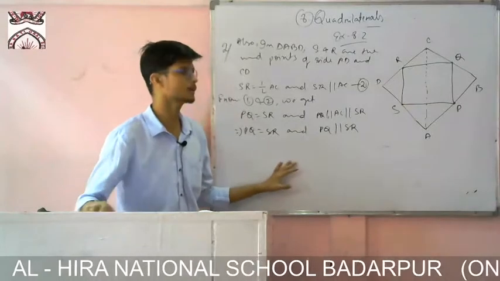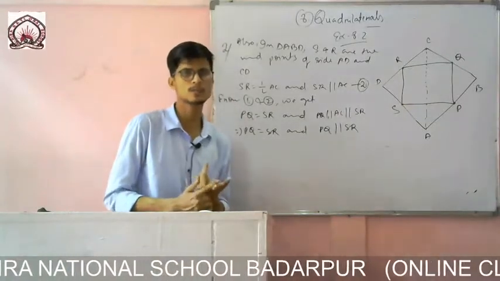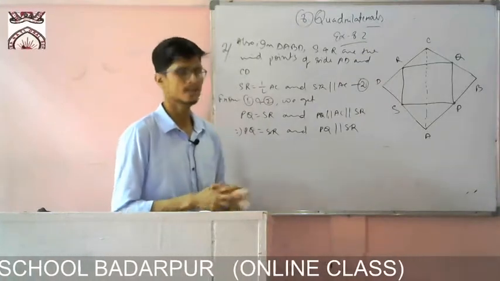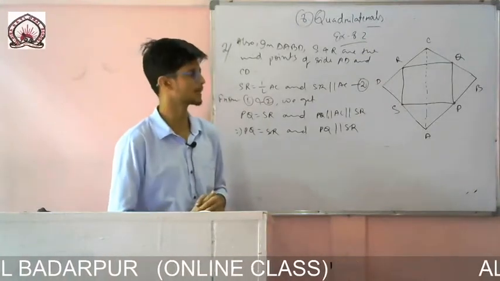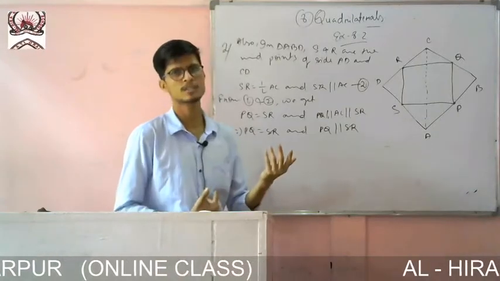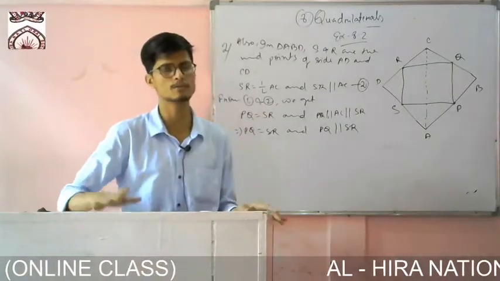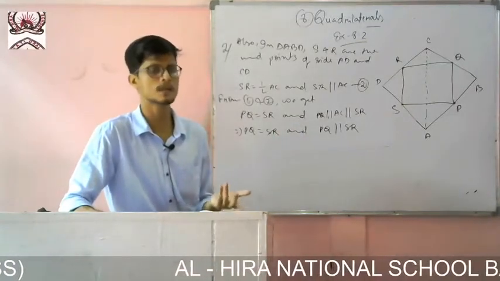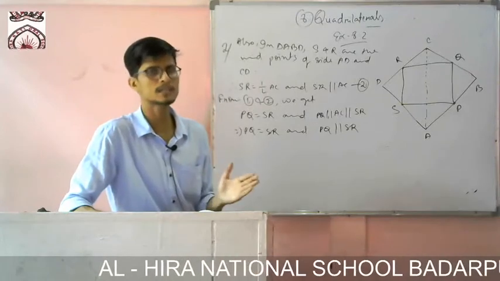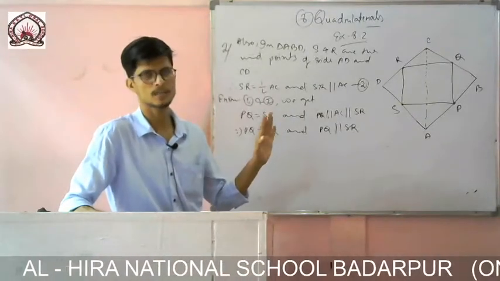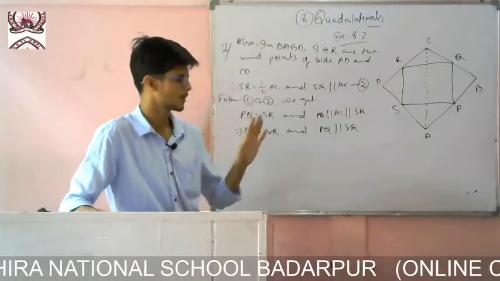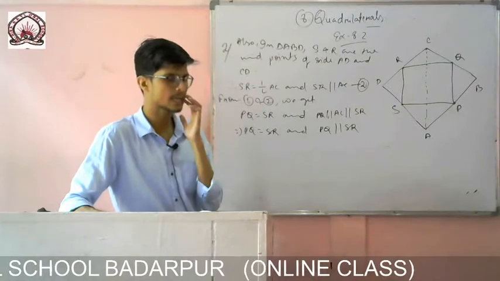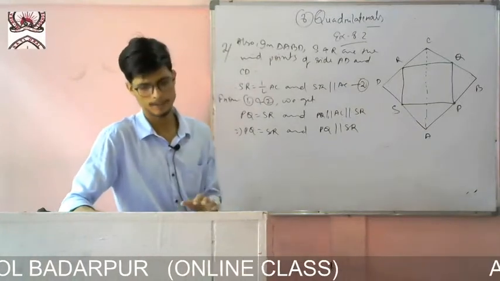Now if it is a parallelogram, and if I just prove that one angle is equal to 90 degrees, then I can show that all the other angles are also 90 degrees. This is the basic difference between a rectangle and a parallelogram. The opposite sides are the same in a rectangle and in a parallelogram. The sides are parallel to each other. Only the difference is in the diagonal, but here we don't need the diagonal. The difference is in the angle: in a rectangle it is 90 degrees, and in a parallelogram it varies. Okay,